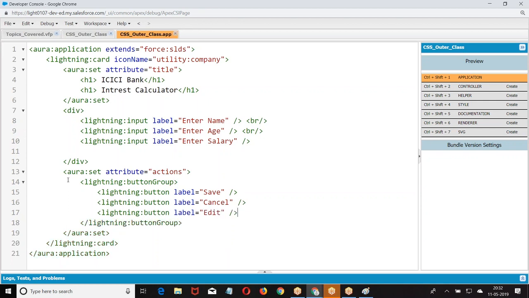Some actions I create. Now let us execute this page first.